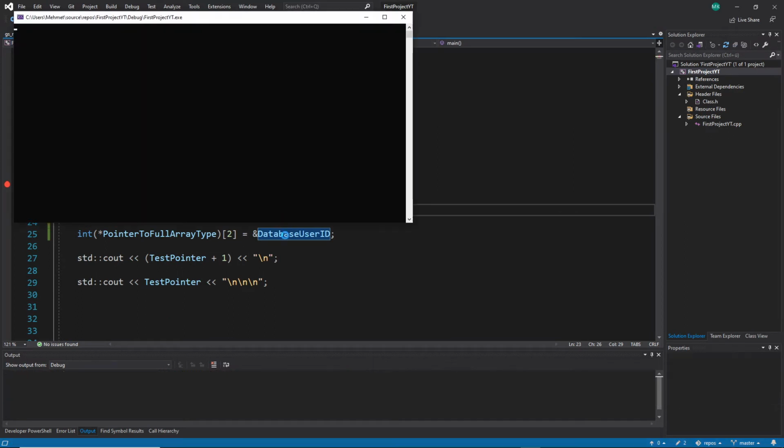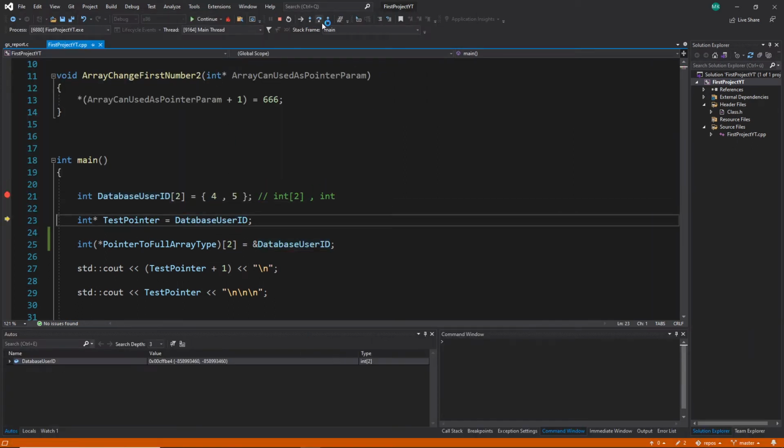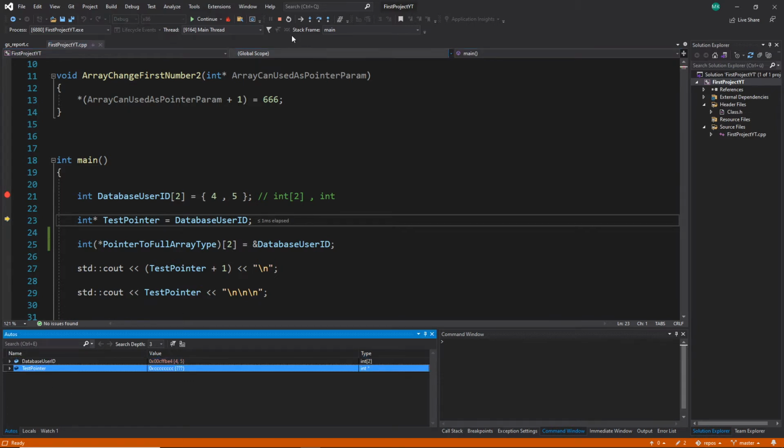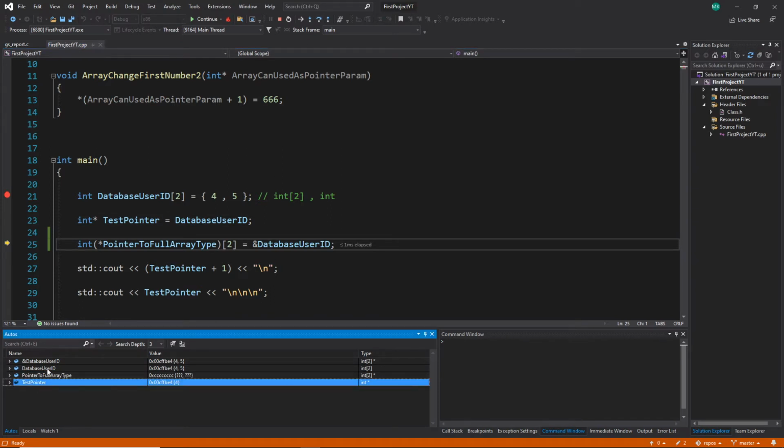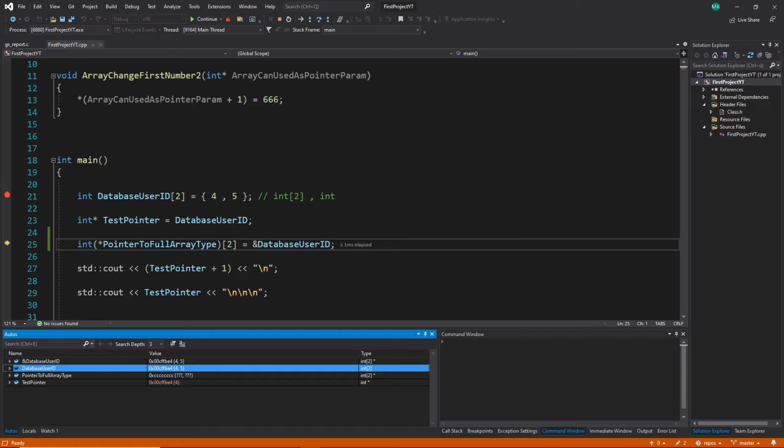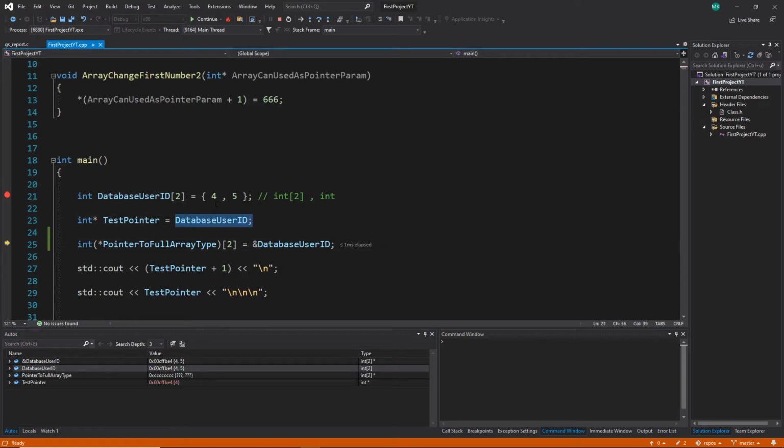Let's see, we start fast again. We go here one more time fast. Let's skip this. I want to see here, this test pointer is a pointer. I want to see why it's not really showing this other test pointer, database user ID. Okay, it's not showing. It's really showing just the type of this array, but it's not showing the step between how it converts this one to a pointer to the first element. It's not shown here. So in other words, you have to know this, and that's why we make these tutorials,